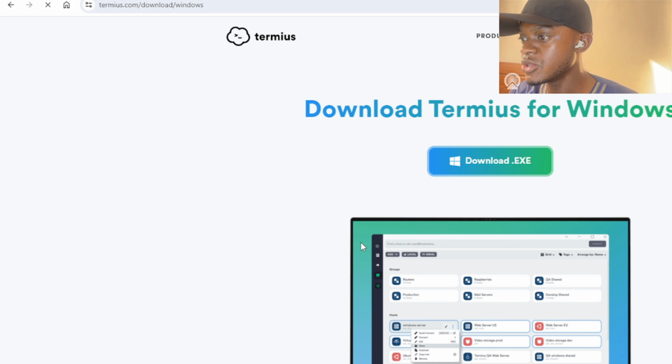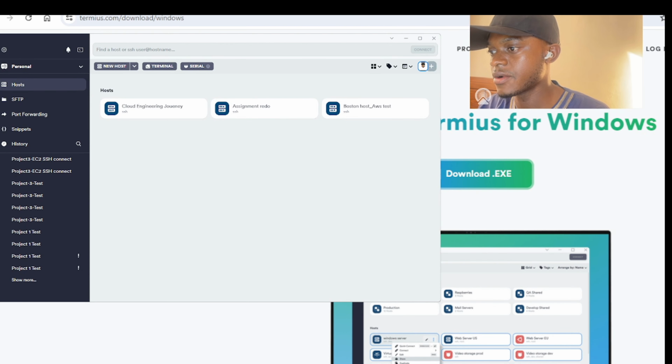You just download for Windows, or Mac, whichever you use, accordingly. After downloading the exe file, you install it on your machine and open it. When you open it, you can sign up and start from there. After installing Termius and signing up, you are going to have this interface. What we are going to do first is upload our key pair onto